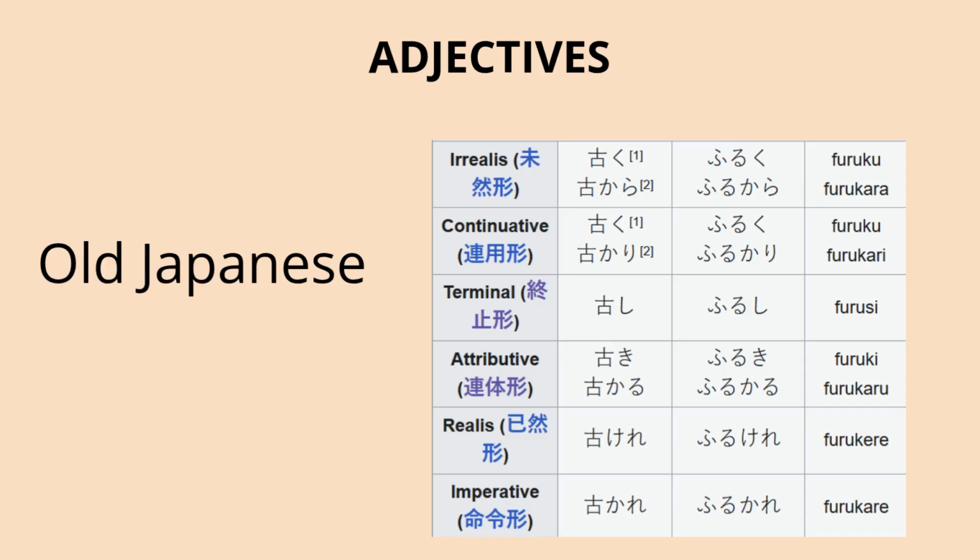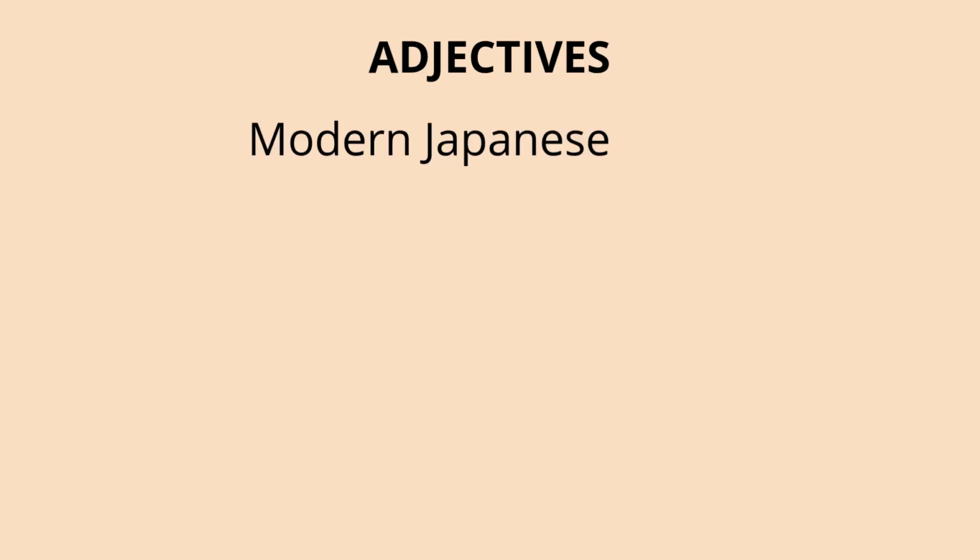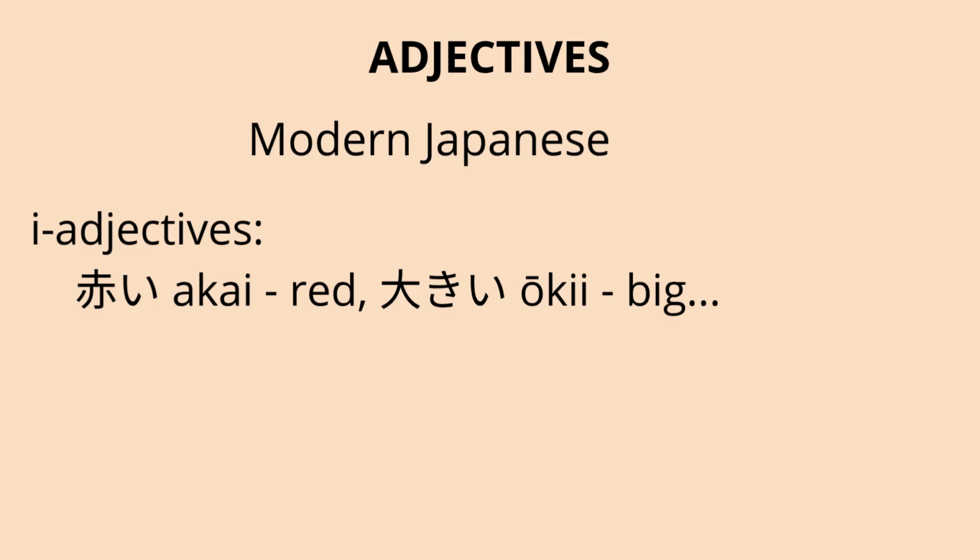Now when it comes to adjectives, Old Japanese adjectives had a more complex inflection system, almost like verbs. They had bases that changed, similar to the verb system. The complex inflectional system of Old Japanese adjectives largely simplified over time. In modern Japanese, there are 2 clear types. I adjectives, which are the most common type and always end in i in their dictionary form, for example, akai,